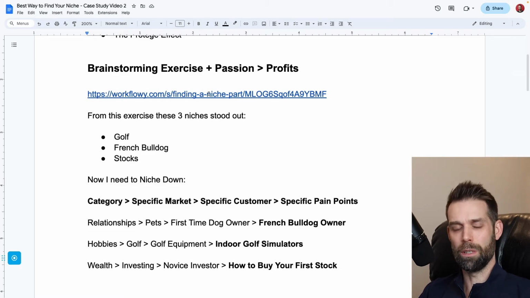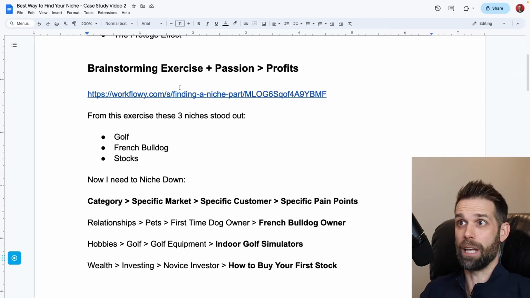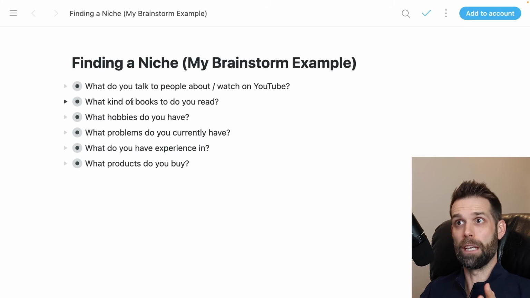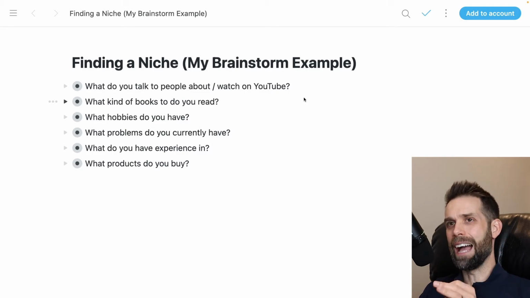This example we've spoken about before: if you are a gardener and you're obsessed with gardening, but you find out that there's some accounting software that's super profitable, you're not going to be successful building a business about that topic. So focus on what you're passionate about and what you can really get obsessed about. That's what this brainstorming exercise is hopefully going to help you figure out. Here on the screen, again, I have this in the YouTube description, finding a niche, the brainstorming example. I'm not going to go through this with you to save time, but these are the 6 questions you want to ask yourself and really dive into this exercise.